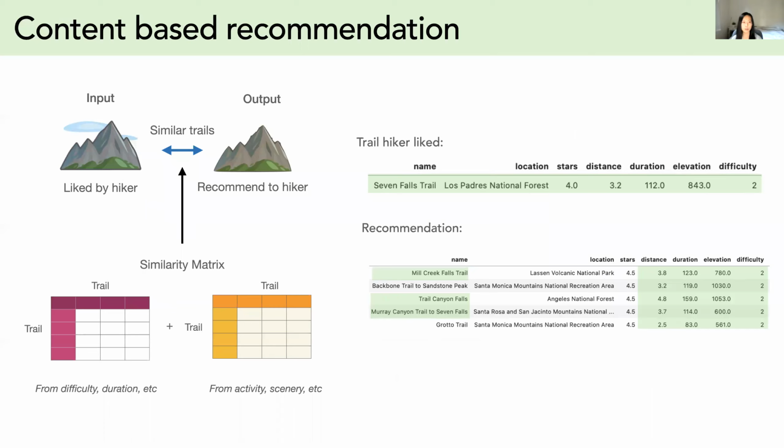Here, similarity between trails was calculated based on both stats like difficulty and duration, as well as text, like activity and sceneries. And you can see that for a hiker who likes 7 Falls Trail, which features falls, the recommendations are shown here, where 3 out of the 5 recommendations include falls, and their stats were quite similar